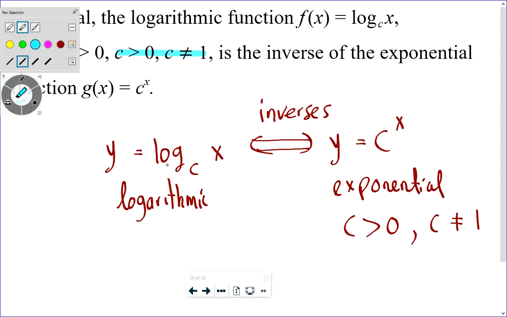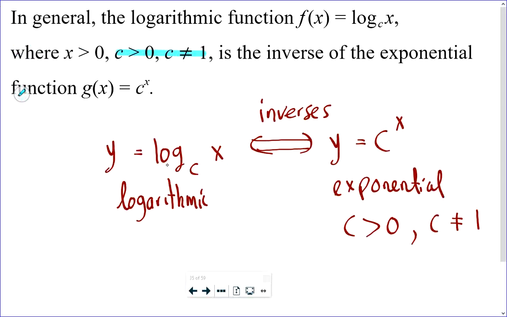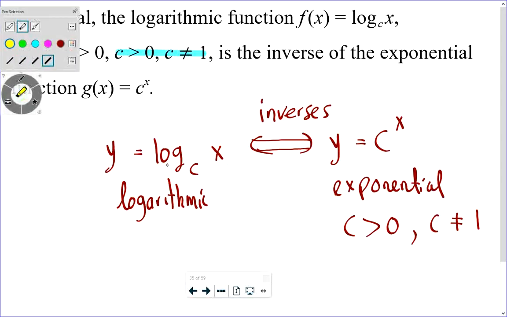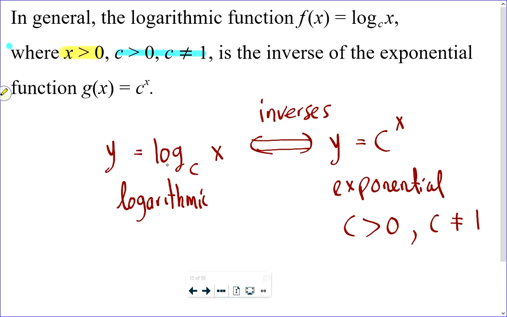Now, why is it that x must be greater than 0? This is huge in this unit. Why is it that this thing, x, needs to be positive? The answer is